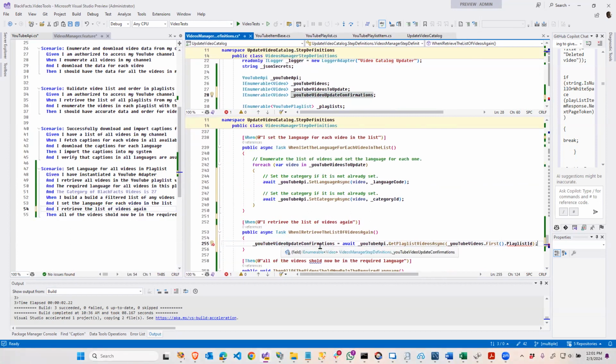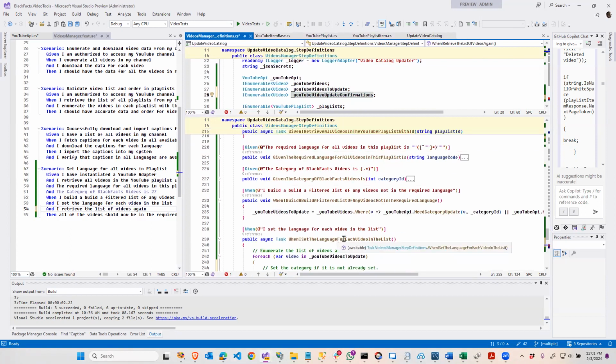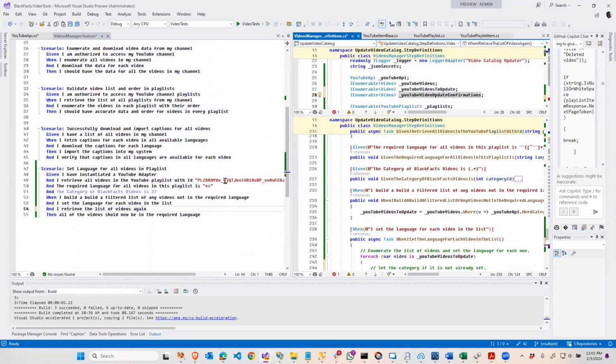So it correctly picked the list that I wanted, but it's saying YouTube API, get YouTube or whatever, first playlist ID. That actually was unnecessary because I already had